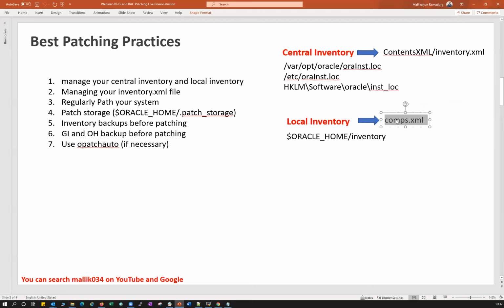So if anything is missing from these, for example, if you applied the January patch and it was recorded in this file, and somebody has modified or deleted that, then you will not be able to apply your next patch. It will read that, and it will apply the patch on top of that. So this is very, very important. You have to make sure this file again has proper permissions, and nobody has modified anything manually in it. Those are the two important best practices you have to follow. And regularly you have to patch your systems.